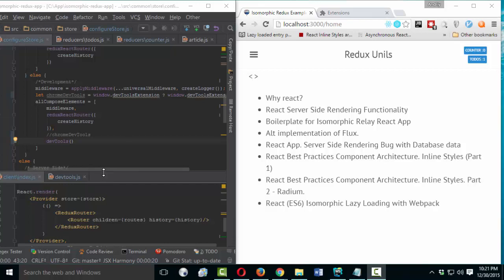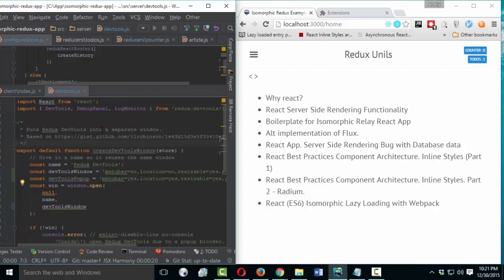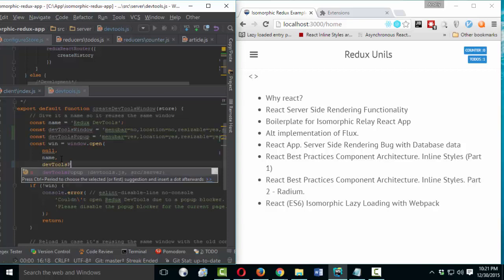Also, I tried to experiment with my working environment with DevTools. I have created two constants in order not to use this code directly in Windows. I can easily substitute it to toggle it.